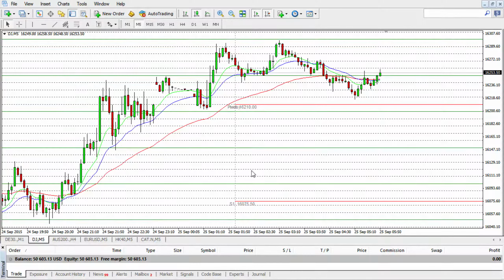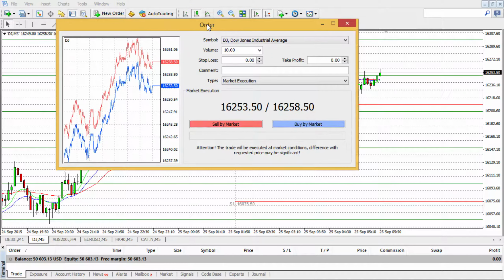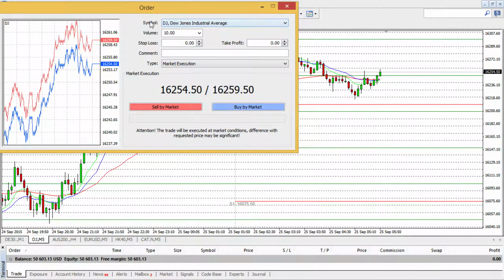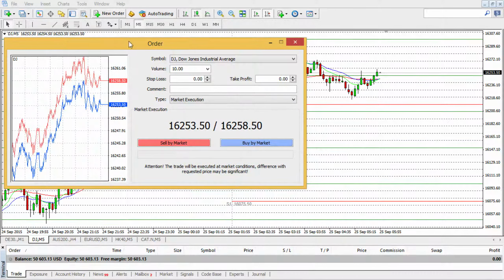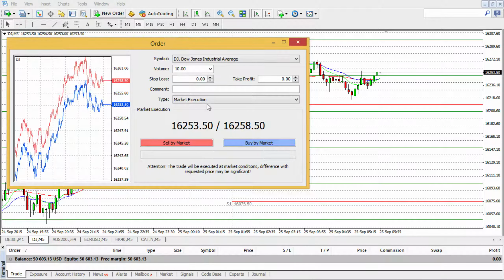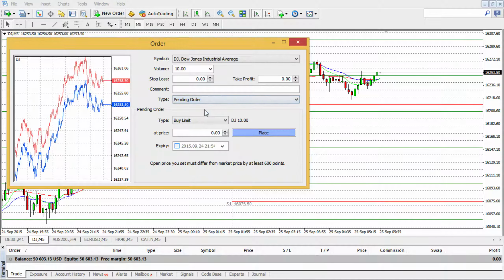In this video I will teach you how to place a buy pending order. To do that you need to go to new order, choose again the right symbol if you are not in the right chart. If you are, it should be automatically here. The volume according to your account size, and then from the type choose pending order. And in this case, when we are buying, we will use buy stop, not buy limit,